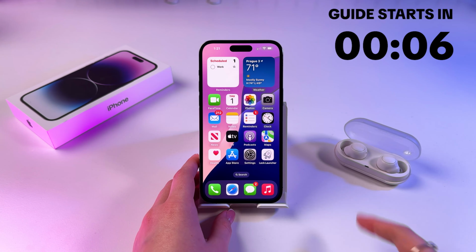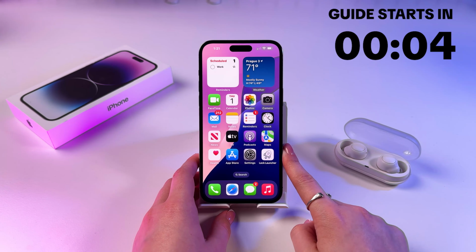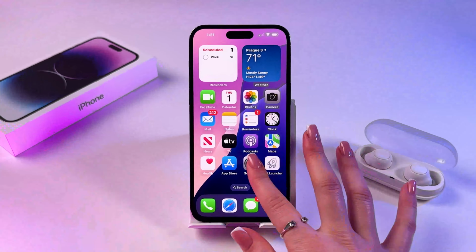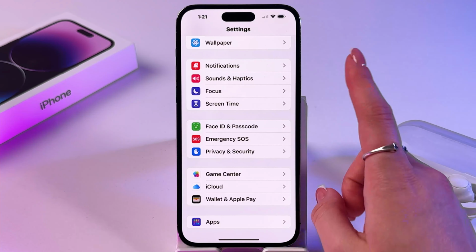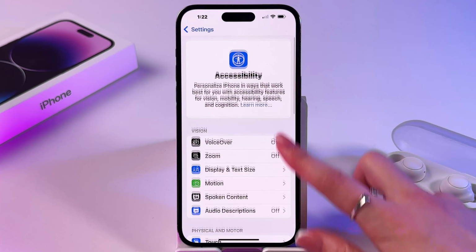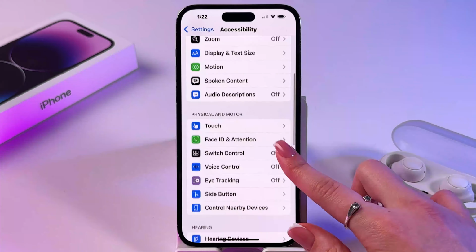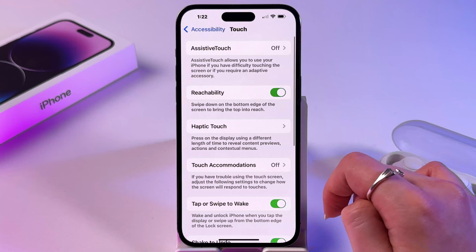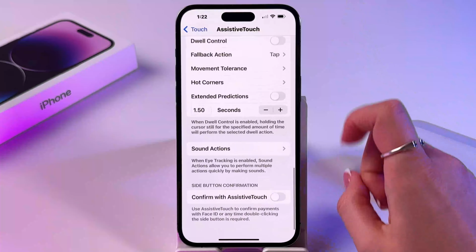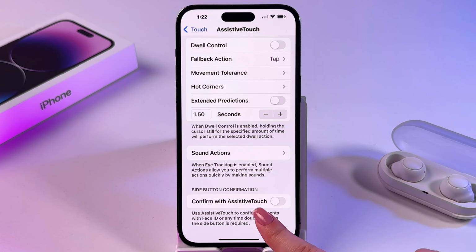Hi, I will show you how to install apps using AssistiveTouch on iPhone. Firstly, go ahead and open Settings, and now find the Accessibility tab. Then I want you to select the Touch section, then AssistiveTouch, and scroll all the way down to find this option